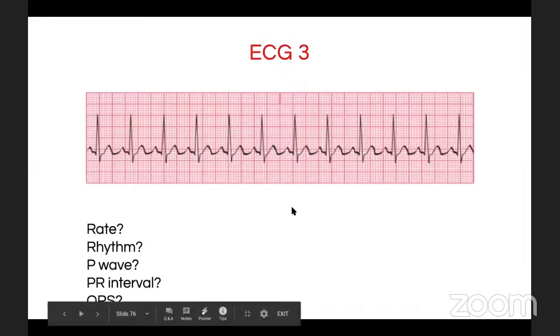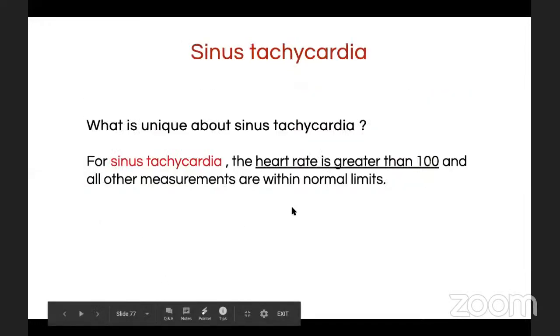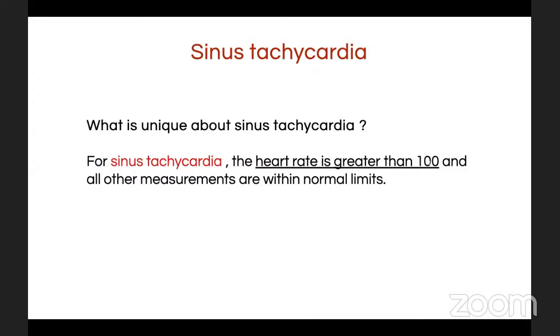اوكي طيب next please. اوكي اللي قبل شوي شفناها sinus tachycardia. sinus tachycardia حسبناها تقريبا 150. طيب وش اليونيك about sinus tachycardia؟ يقولون the heart rate is greater than 100 وزي ما شفنا قبل شوي 150 and all other measurements are within normal limits. اوكي